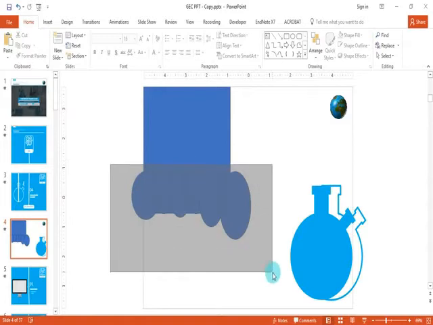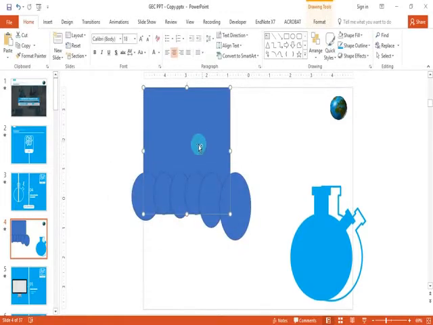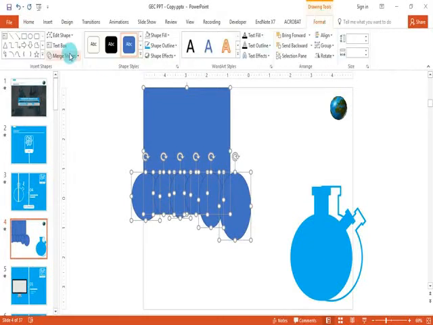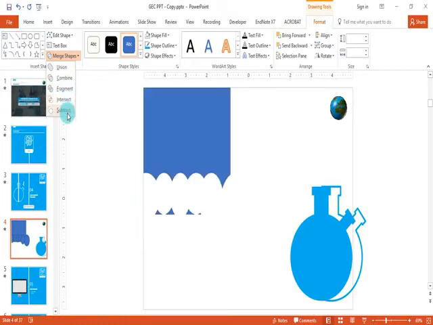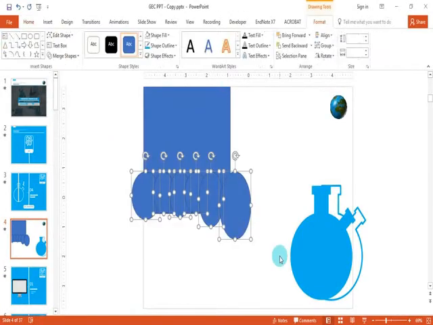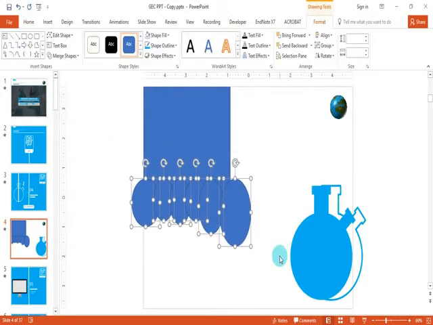Once you have selected it, select this rectangular box and select all these circles. Go to the merge section, and before we do that, we have to